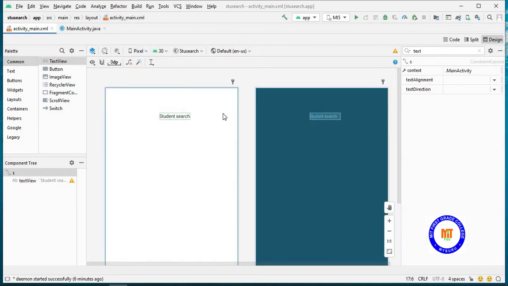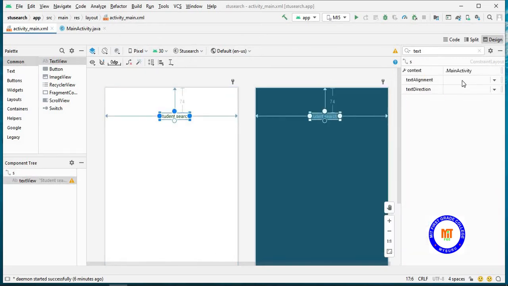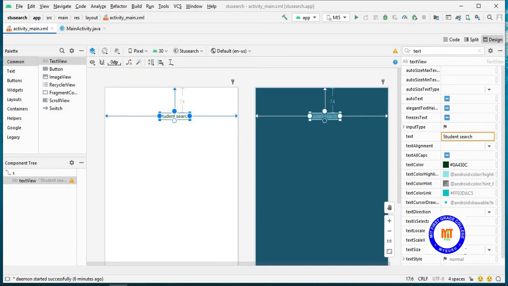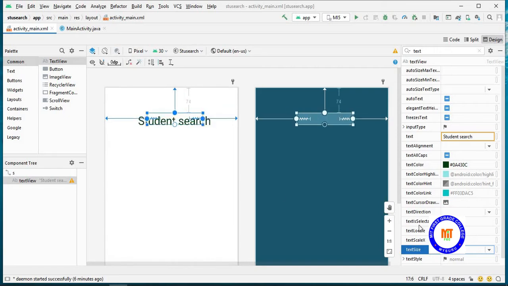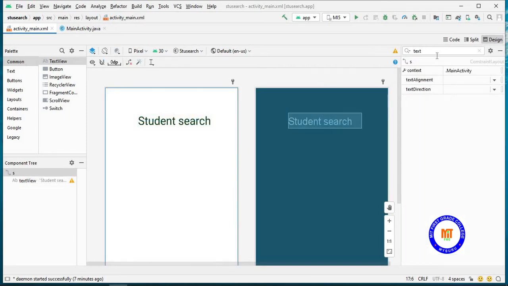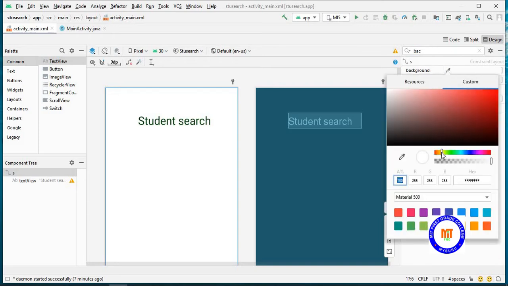And change the background and even change the text size. Let the background color be yellow.